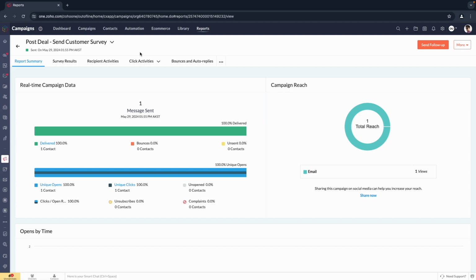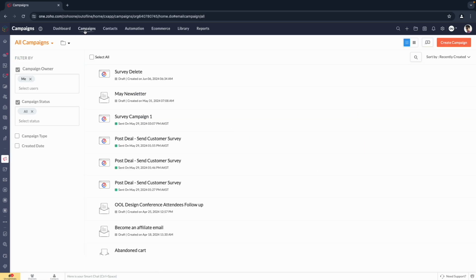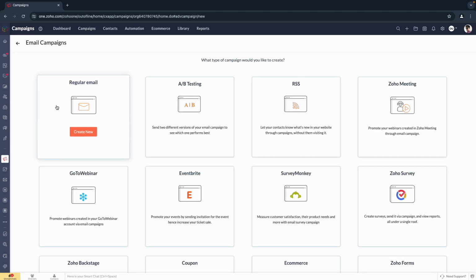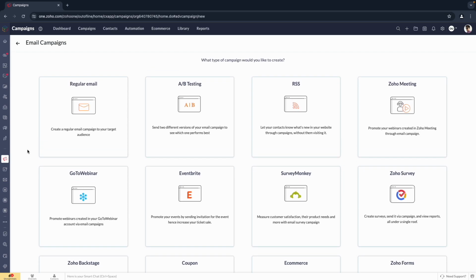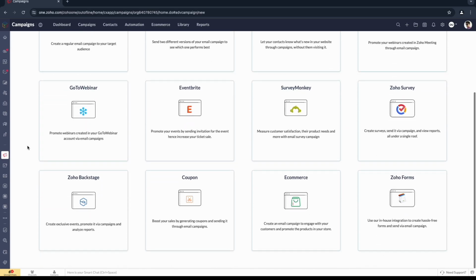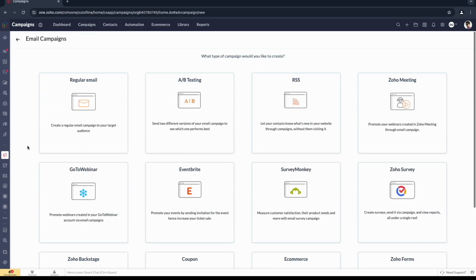So lists, we're starting to see some of the different reports that are available. Let's go ahead and look at campaigns, in the sense that we can create campaigns. There are a bunch of different kinds of campaigns that we can create. We can send our nicely designed HTML email campaigns. We can send plain text, which just looks like a normal email. And we can also send, like I've mentioned before, a form campaign where we're trying to get someone to click a link that opens a form so they can fill out some information for us that is going to get collected in a database somewhere. We can send out surveys, and all sorts of different kinds of things here.